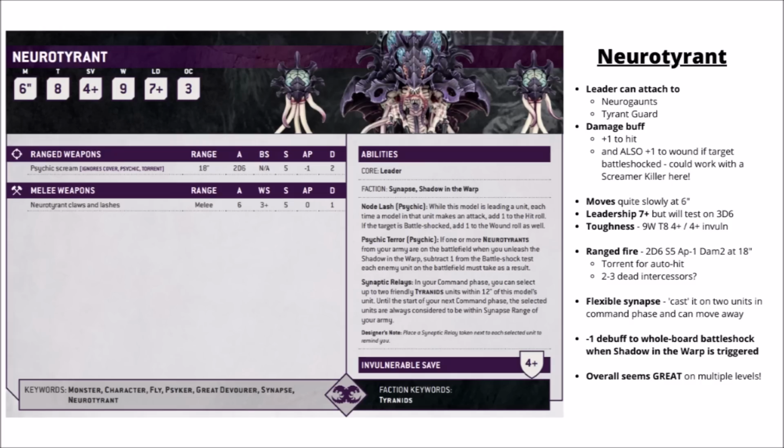He's got the option for a different bodyguard as well to attach to some Neuro Gaunts, so it has the potential to take up residence in a horde of chaff as opposed to just some big tanky individual warriors. For his own personal attack, I must admit it's not the most exciting in the world. The main thing that he does is Psychic Scream, basically a torrent attack with 2d6 hits at strength 5, AP -1 and damage 2. Definitely not too bad against things like standard Space Marines, but not really all that exciting